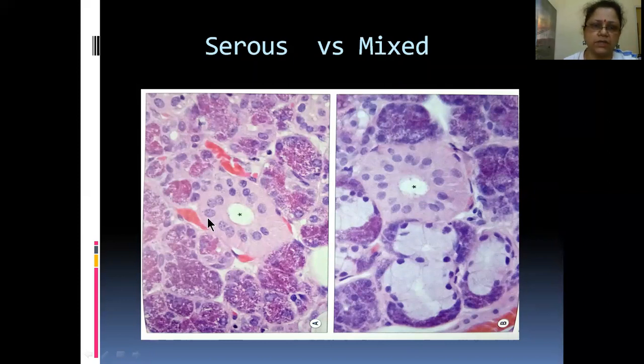So here you can see the blood vessels. This is the vascular area. These are the serous acini. They will look more of purplish to violetish color. Okay, serous acini. You hardly can see the lumen. You see the lumen here, very tiny. Okay, this is a duct. This is also a duct. This is a bigger duct, stratified. This is a smaller duct.